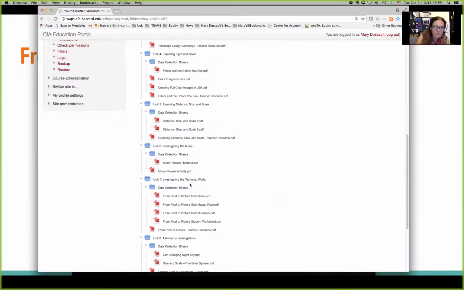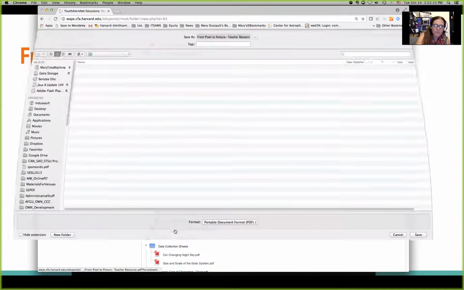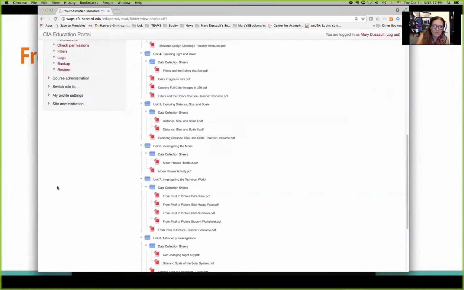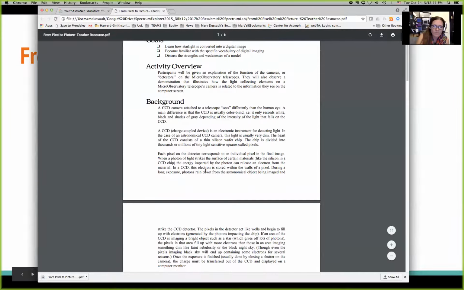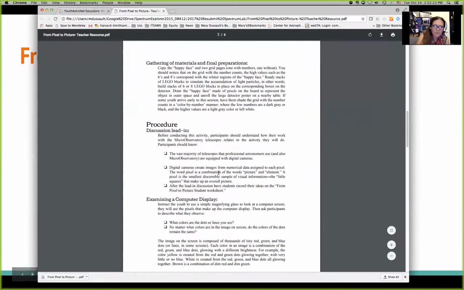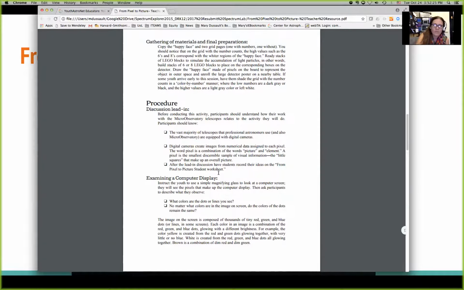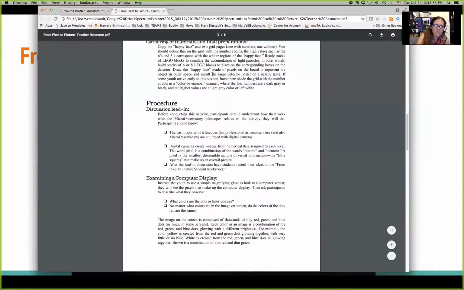There it is, Unit 7, Investigating the Technical World, From Pixel to Picture. So there's a write-up for teachers. There's a description of how to do it. There's a student worksheet and detector worksheet, just like the one Erica worked on, to try and represent how the inside